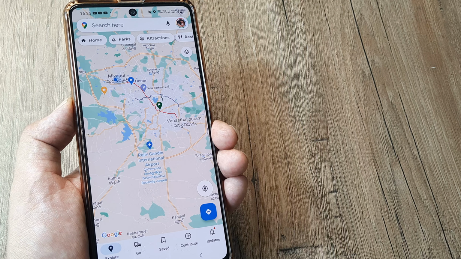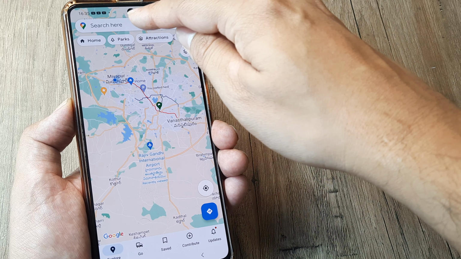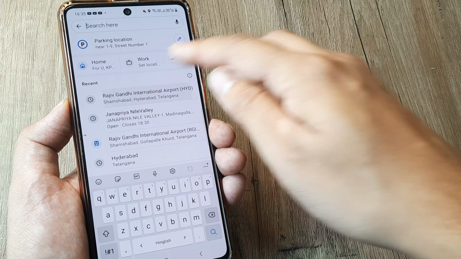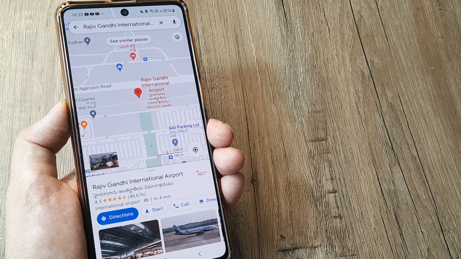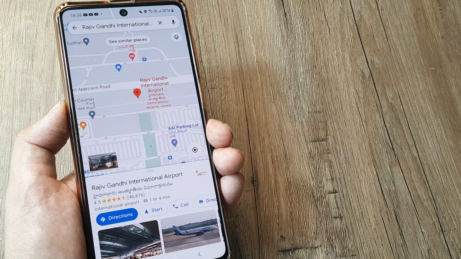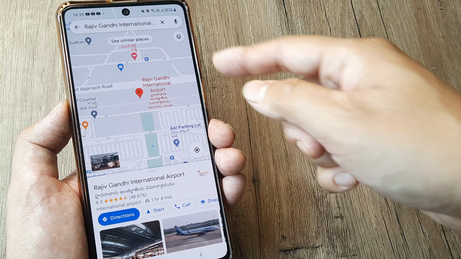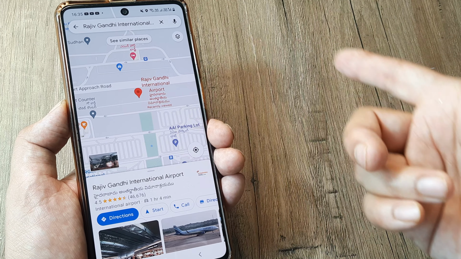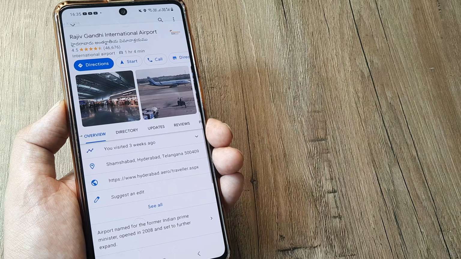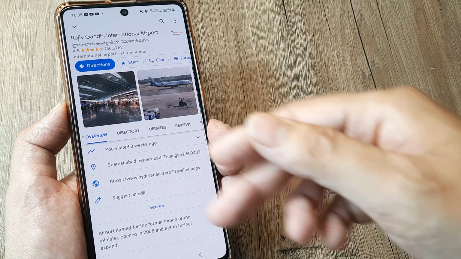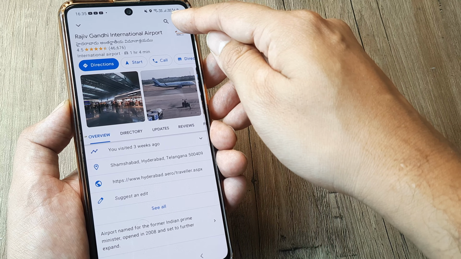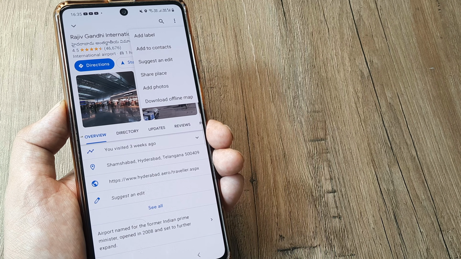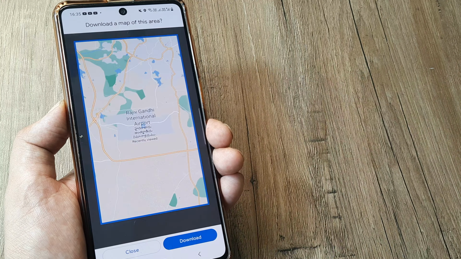This is basically the Google Map interface and here you pretty much put the destination. Say for example, I want to have the Google Map offline for going to the airport. So how do I do that? Once I put in the destination, I can see the maps coming here, but I want to download it offline. I tap on that certain location and you can see it brings information, reviews, so many things, but I also have the option of tapping on these three little dots and then downloading the map offline.